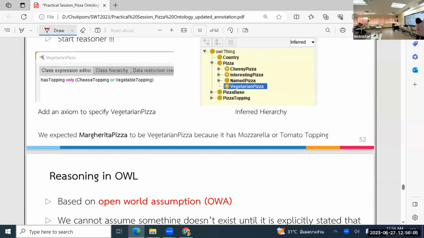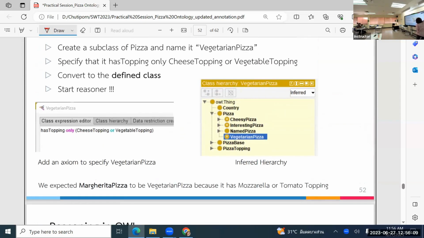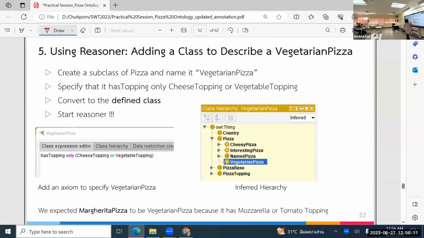What else in this example? Vegetarian pizza. This is also a defined class. You can define it here. We use a class expression to define the definition of a defined class. Okay, so this is the necessary and sufficient condition for the class vegetarian pizza, saying that it is a pizza, right,